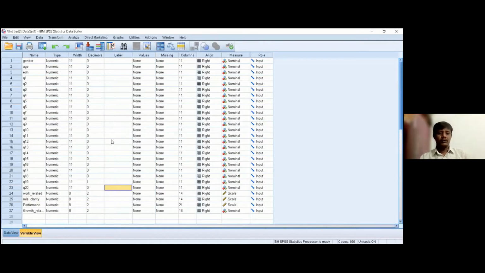Okay. Now, as I told you, to apply an independent sample t-test, the conditions we need to check are, one, the type of variable, and another, that the groups we are trying to compare must be from different groups. For example, gender is one variable, and in gender we have two groups, male and female. So we are going to consider gender as one variable and any of these four variables.